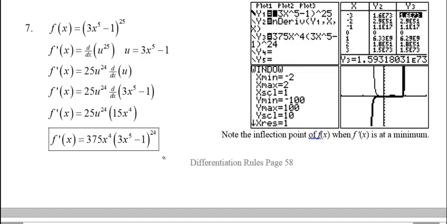Okay, so we can graph this. The original one, that's the little box over parentheses there. 3x to the 5th minus 1 to the power 25th, numerical derivative in y2, the actual derivative in y3. We check that y2 and y3 match. They do. Here I graph from -2 to 2 on x and -100 to 100 on y, and we see